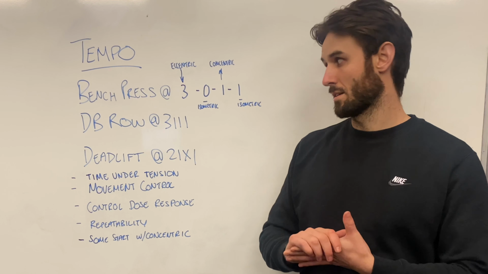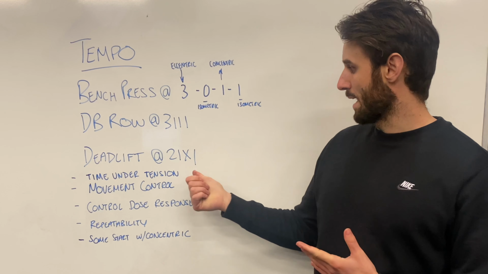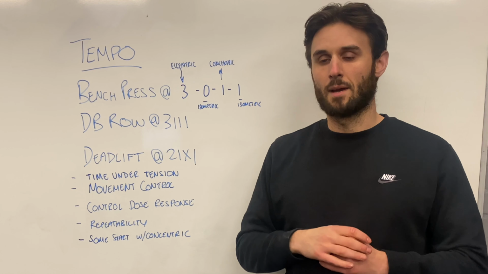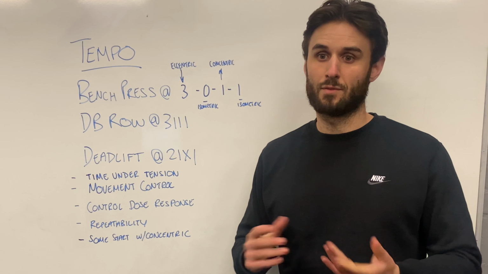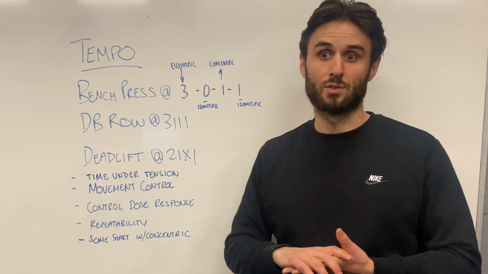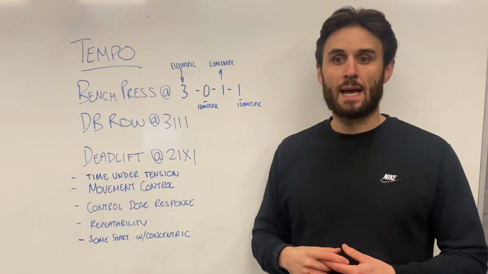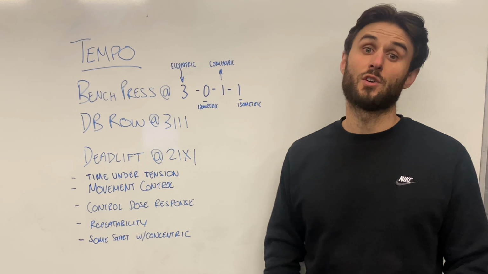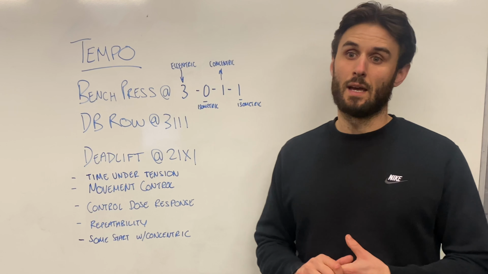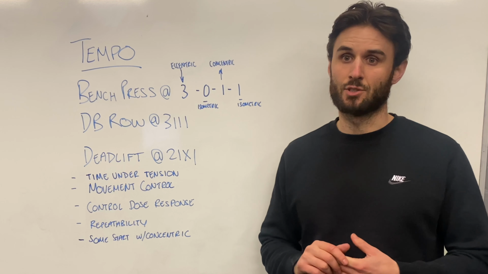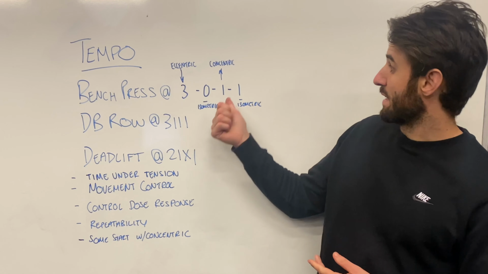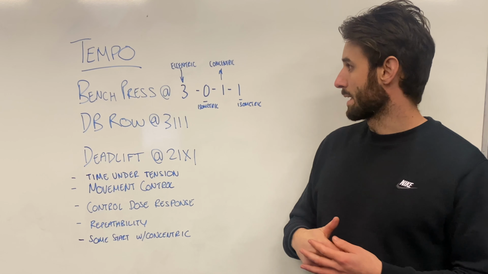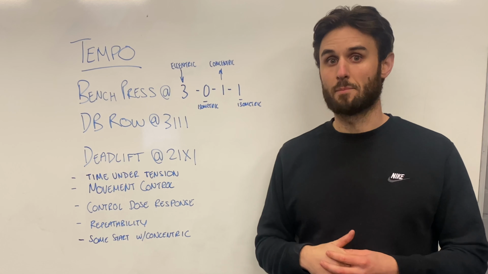And we use this tempo to create time under tension. So time under tension is just a way of saying how long we're stressing the muscles for. We tend to use higher time under tension for beginners, so they're mainly in the 30 to 90 second range for time under tension. So for this exercise here, we'd be looking at certainly 12 to 15 reps for a